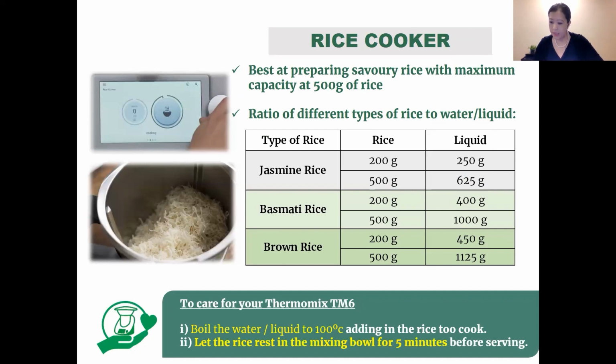Okay, I can see some of your questions. Can use Japanese rice? If you are using Japanese rice, I'd suggest that you use the simmering basket, because with this, if you want to achieve a better outcome. All right. What about a mix of brown and cargo rice? If you are mixing brown rice, I think you can take about 400 grams, like the basmati rice